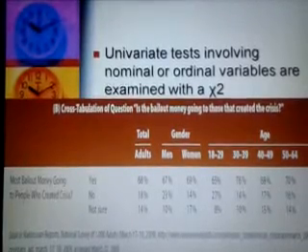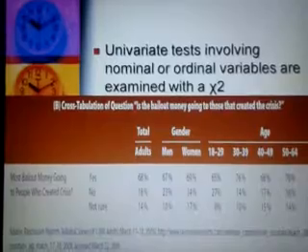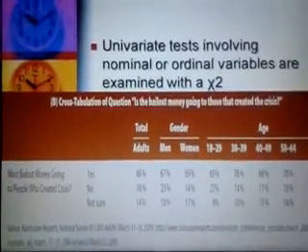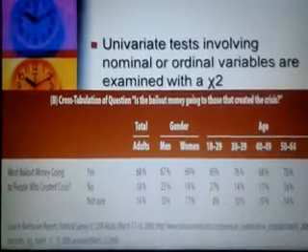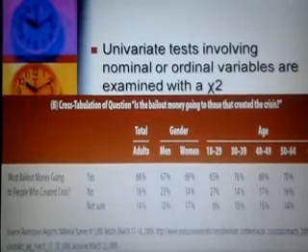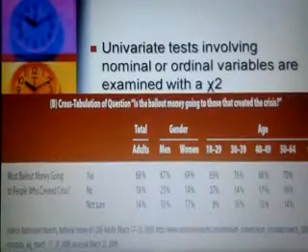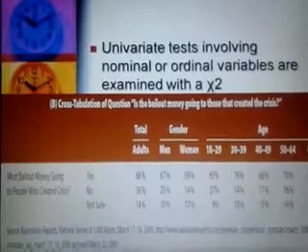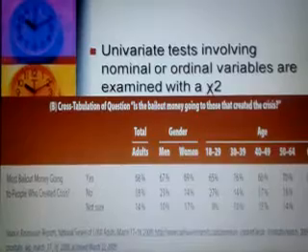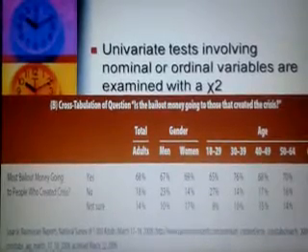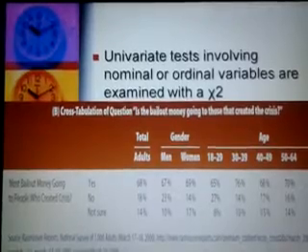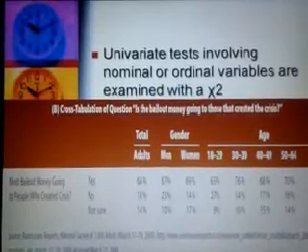We can see an example of cross tabulation in this slide. In this cross tabulation example, the variables in columns as well as rows are in either nominal or ordinal scale. Generally these are in nominal scale. For gender, men and women, this is nominal scale. For age, again it is nominal scale. For most bailout money going, yes, no or not sure, this is also in nominal scale.